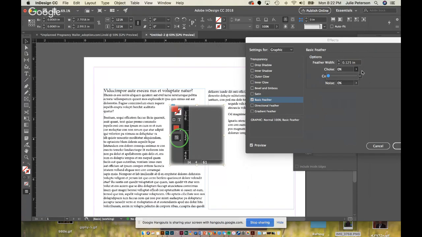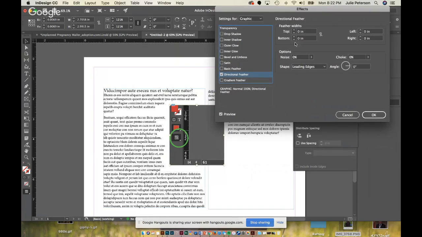I forgot how much I don't like InDesign's feather. Let's see if they give you any other options. No, I don't like it. Okay, don't do the feather. I'm not a huge fan of InDesign's feather. This is why it's good to do it in Photoshop instead. Let's try directional feather. I bet that would be better.